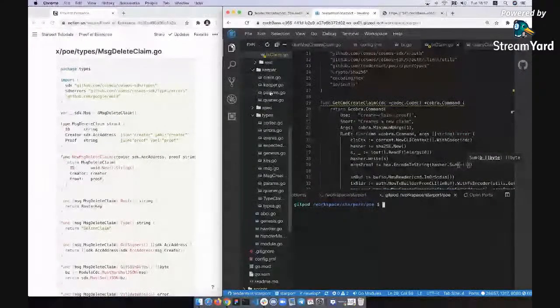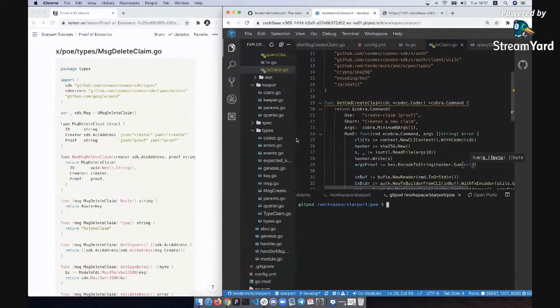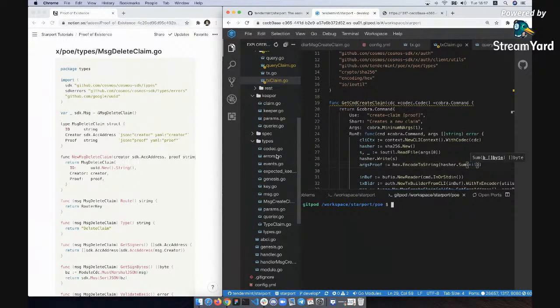Okay, now we'll add one more feature to our application, which is to delete a hash that we submitted. We will delete a hash only if the person that submits the transaction is the same person that submitted the hash in the first place. So only the owner can delete the data. So the way features are added to Cosmos as Cosmos modules is, first of all,